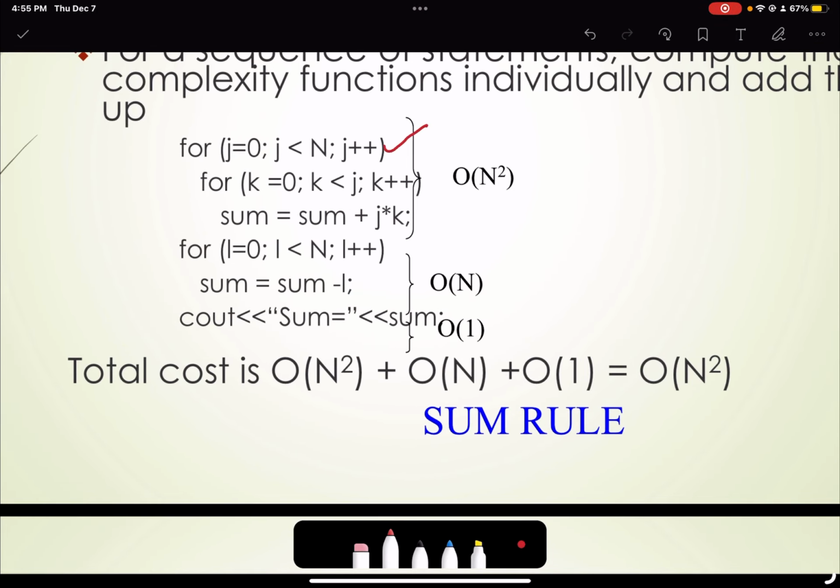Here is another example of finding the estimation. So this is the first for loop, second for loop. It runs n times, it runs j times, so n squared. The complexity becomes this for these two loops. Then we have O(n) complexity for this loop, and then we have for this summation